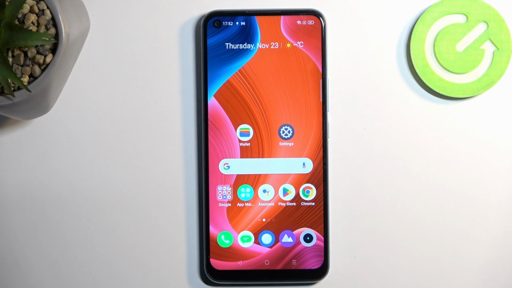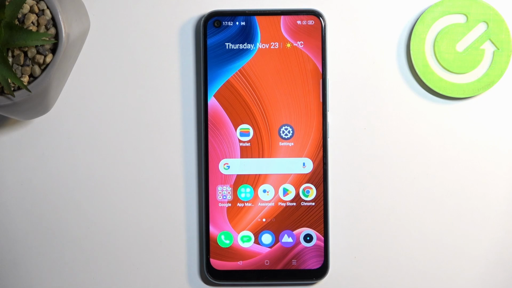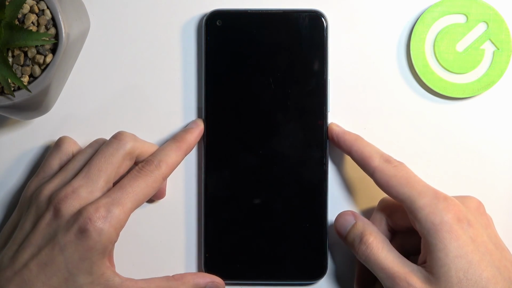Welcome. In front of me is a REALME C17, and today I'll show you how you can hard reset this device through recovery mode. That being said, doing so through recovery mode will allow you to get rid of a screen lock, so if you have one set that you don't know,